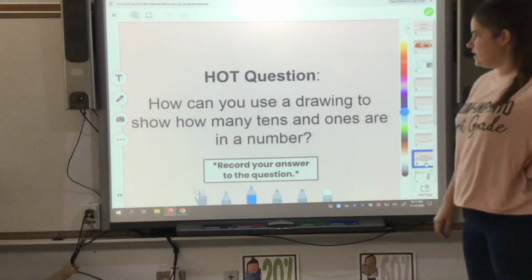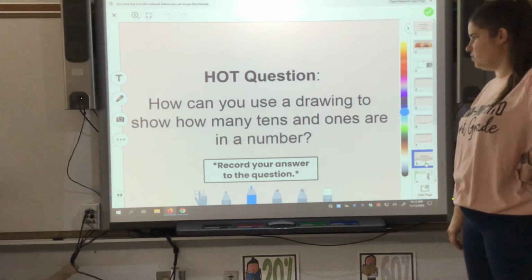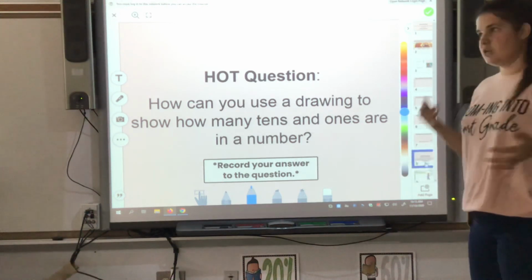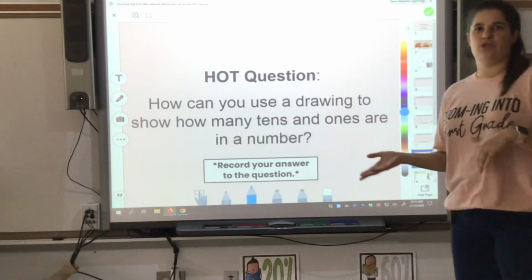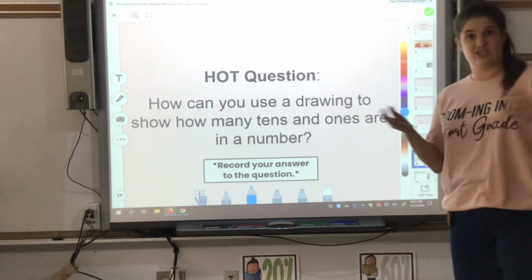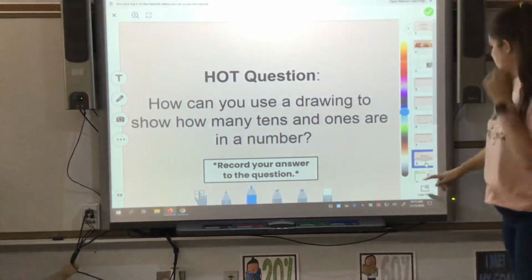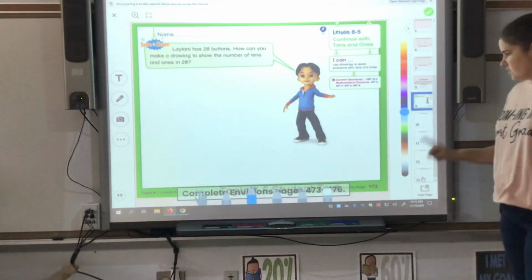Your higher order question. How can you use a drawing to show how many tens and ones are in a number? Pick any number. Draw it on a sheet of paper. How do you know that you drew the right amount of tens if your number is 36? How do you know that you need to draw 3 tens? Tell us your answer on this slide. Then complete your Envisions pages 470,